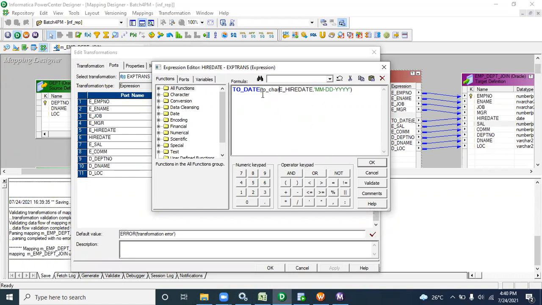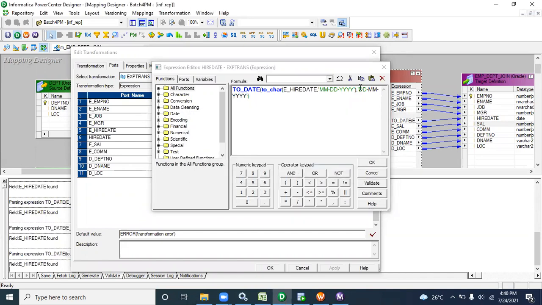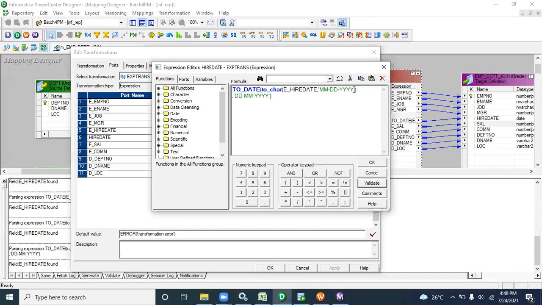To char, then string, this, then comma. To char, then this one.